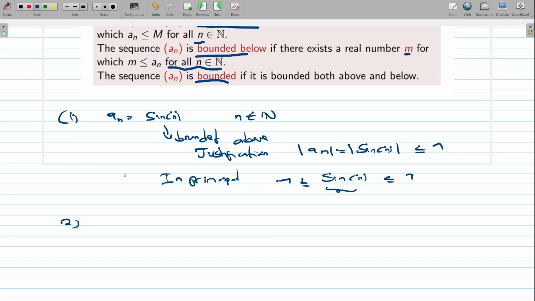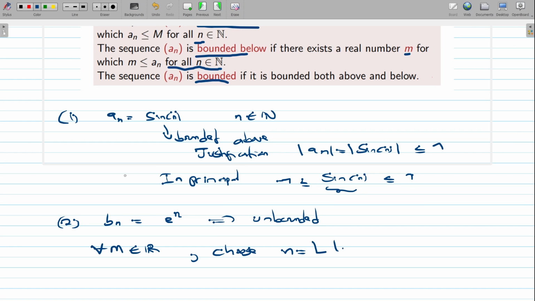Now, example number 2, let's look at the sequence b sub n, which is equal to e to the power n. This sequence is going to be unbounded. This is because, for all values m in the set of real numbers, if we choose small n equal to the floor of the natural log of, for example, m plus 1, plus 1, like so,